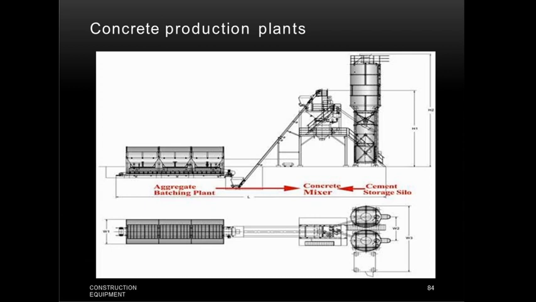Concrete vibrators, that is internal vibrators and external vibrators, can also be used for compaction of concrete. Compaction of concrete is important to improve its characteristics of strength. So vibrators are used for the compaction of concrete after the placement. Basically there are two types of vibrators: internal vibrators, that is needle vibrators, and external vibrators. Internal vibrators are used in the freshly placed concrete, while external vibrators are used on the formwork or the surface of the concrete, through which the vibrations are conveyed to the interior of the mass.